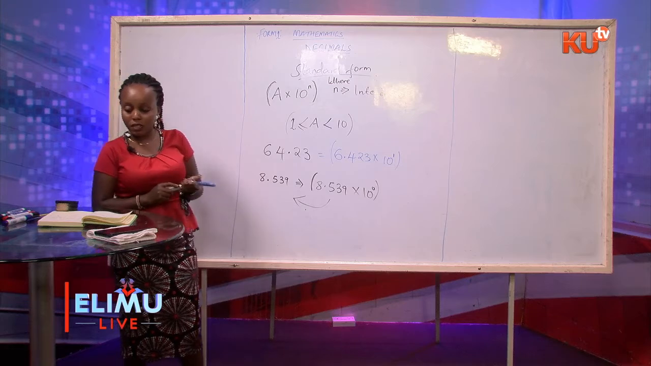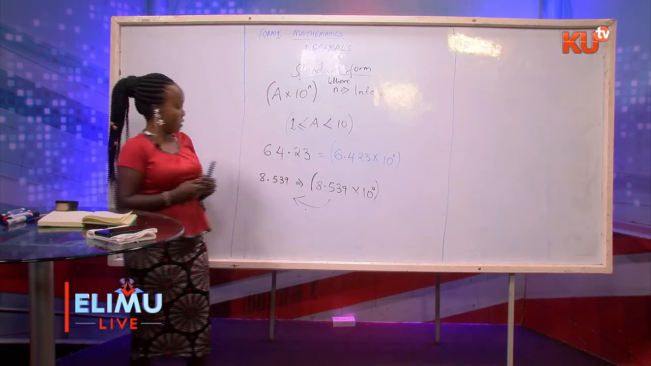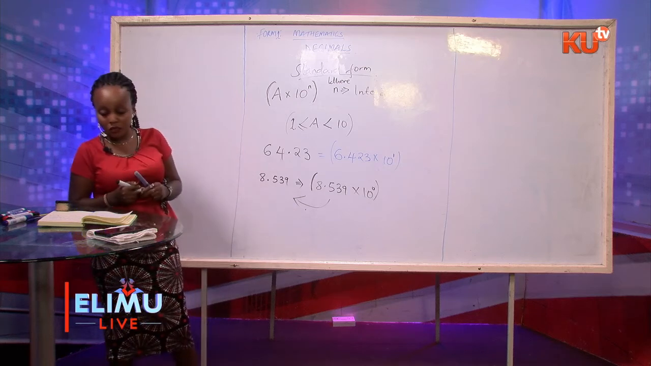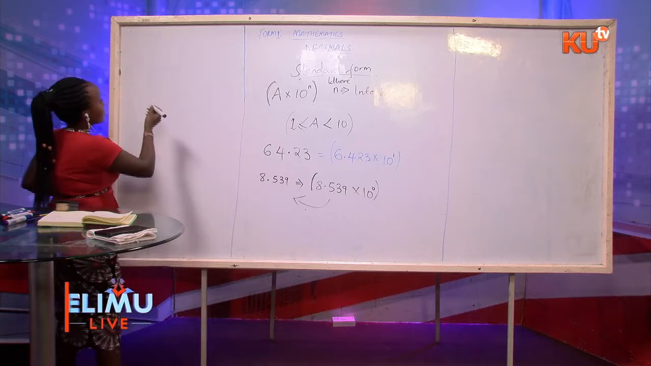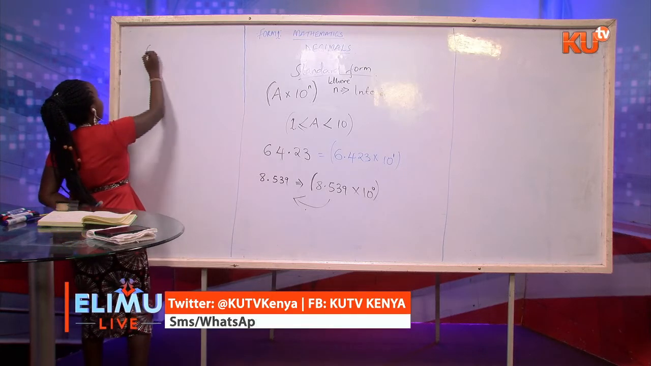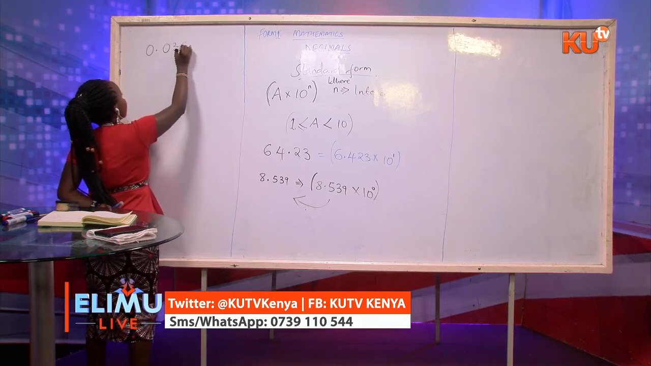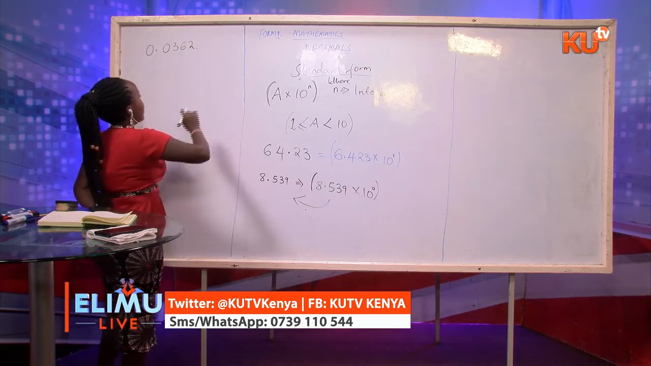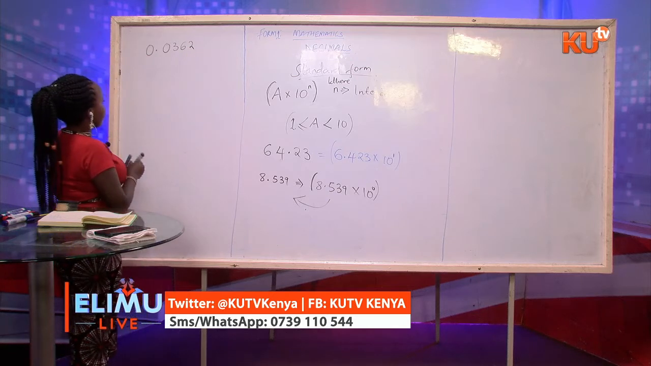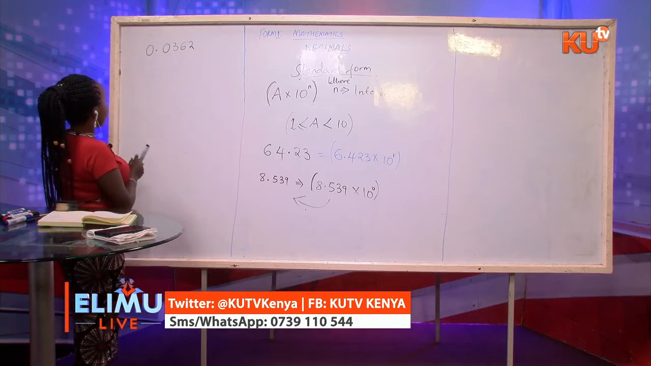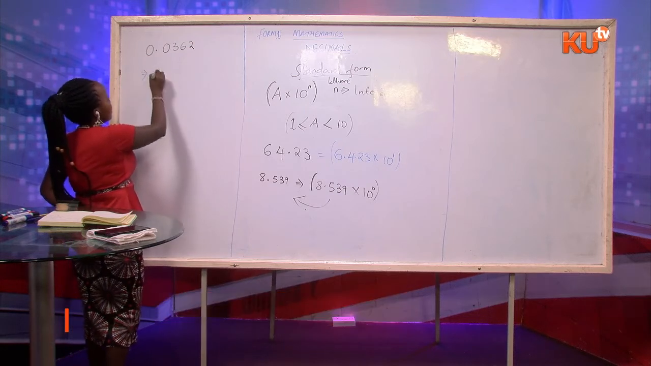I can give a last example, then we call it a day. Convert the following number into standard form. Maybe we can be given a number like 0.0362. Convert that number into standard form. If you look at this number, it is less than 1. So we're going to say that this number will be given by